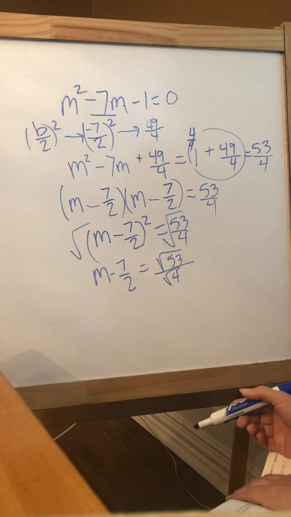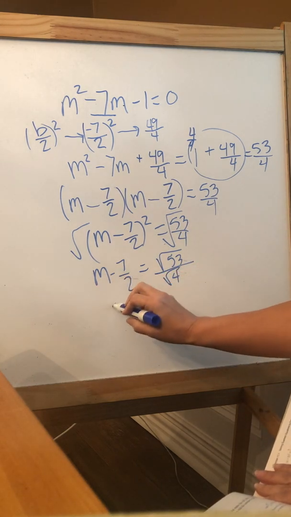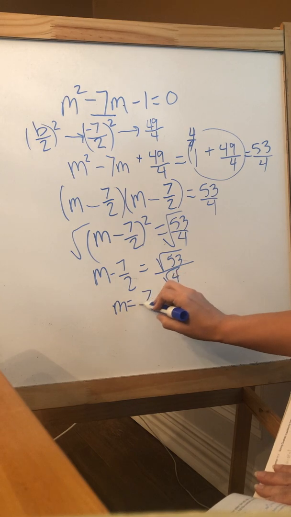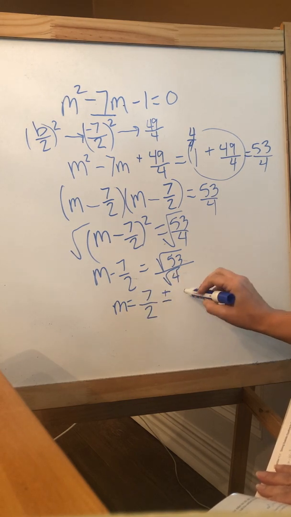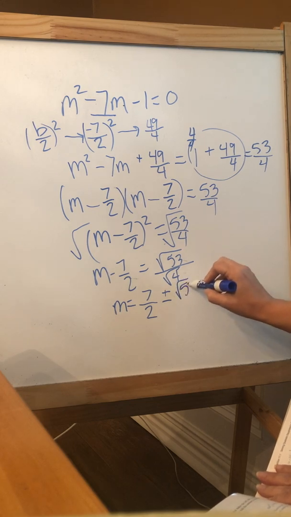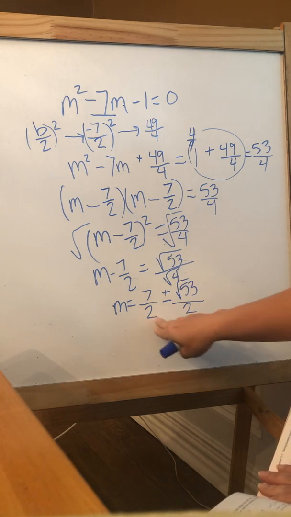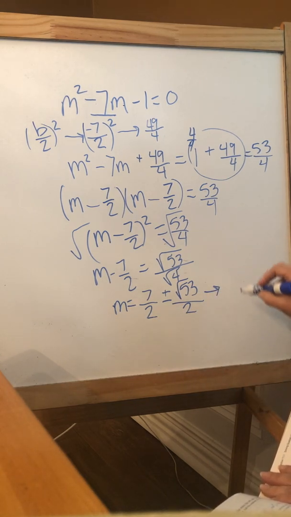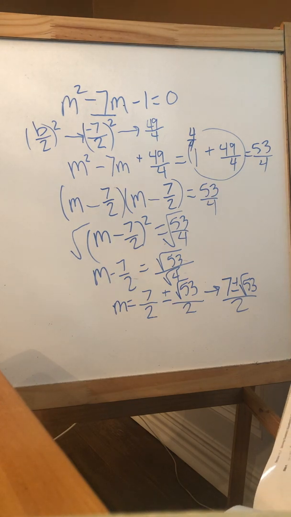We're going to add 7/2 to each side to get rid of it, to isolate our m here. So m equals 7/2 plus or minus square root 53 over, what is the square root of 4? 2. Well, we have a common denominator here, so we can simplify that and say m equals 7 plus or minus the square root of 53 over 2. And that would be your answer. All right, press pause and try